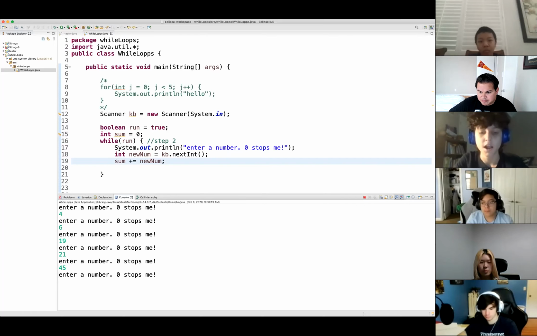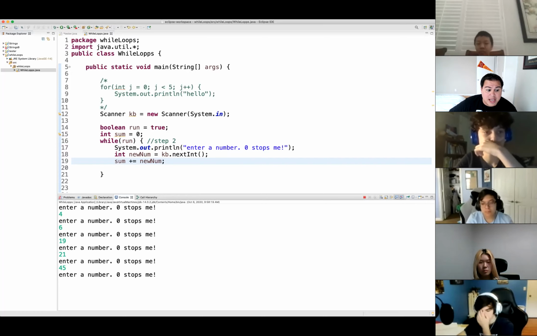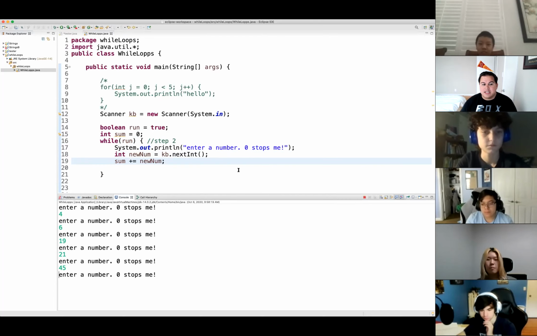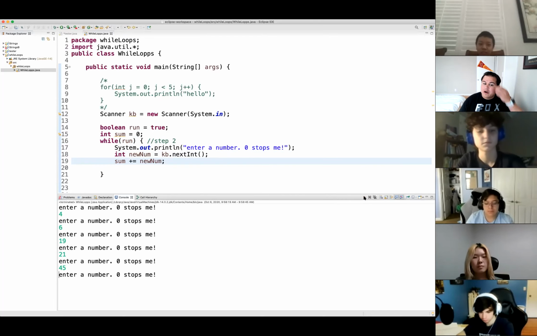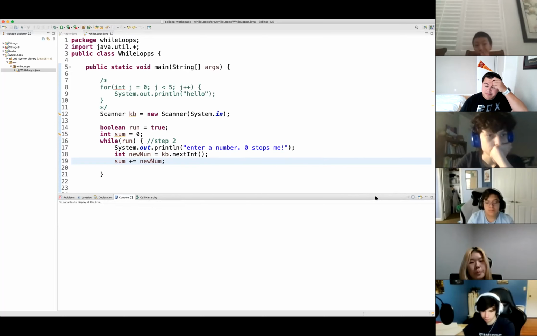This is great. This means our loop is running. Do you guys see any problems with the program? This is how a while loop works. Now, the thing with a while loop, in cases like this with the 0, the important part is getting out of the loop.